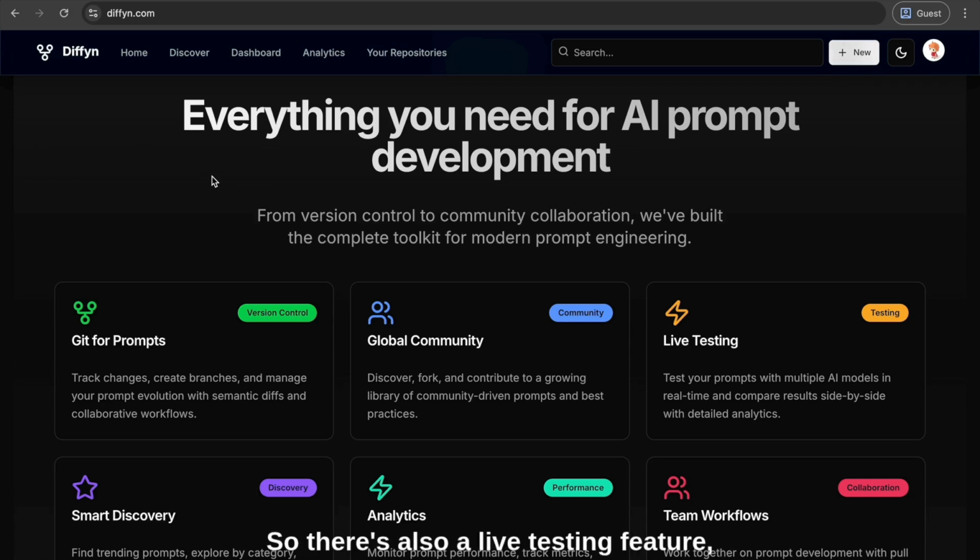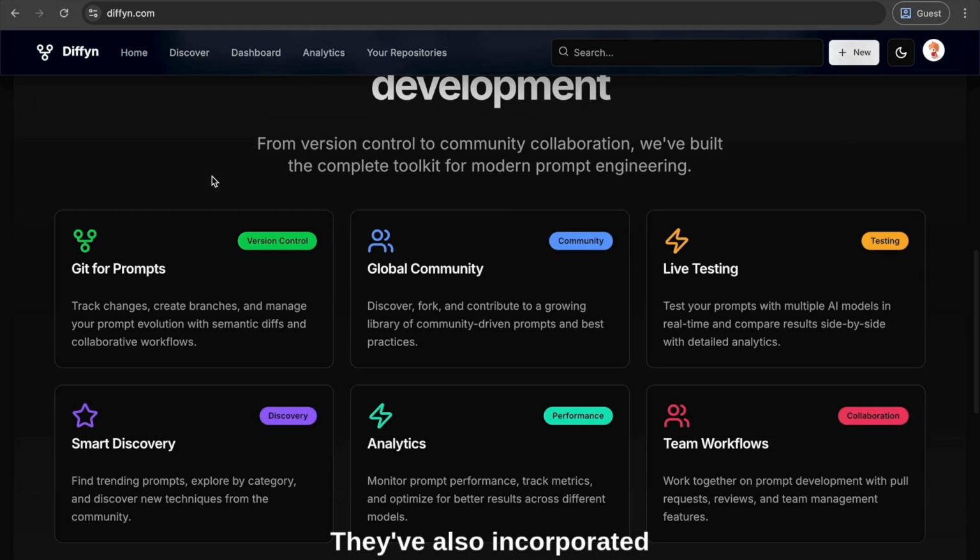So there's also a live testing feature, so I will demonstrate this later on. So you can choose between different models that our platform provides. You can run tests on your prompts across different models and look at the output side by side and compare them. They have also incorporated